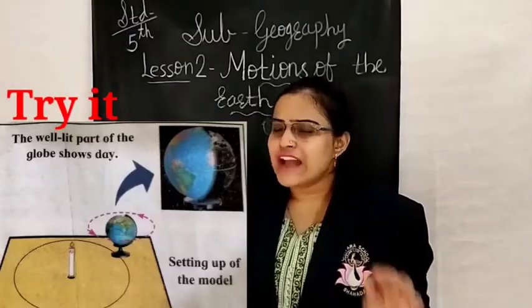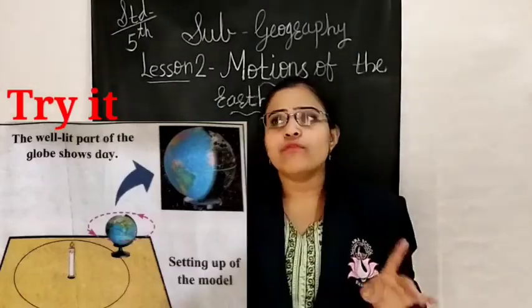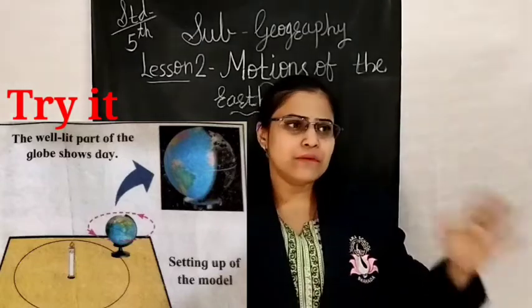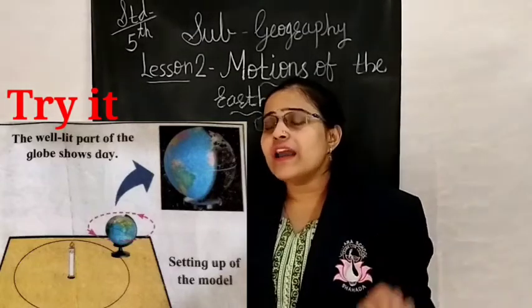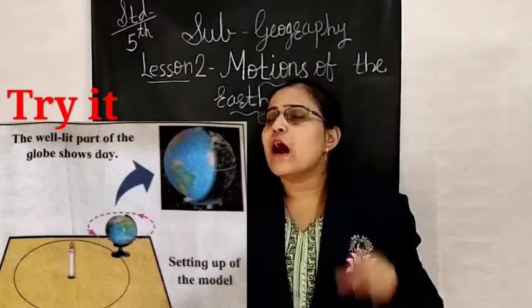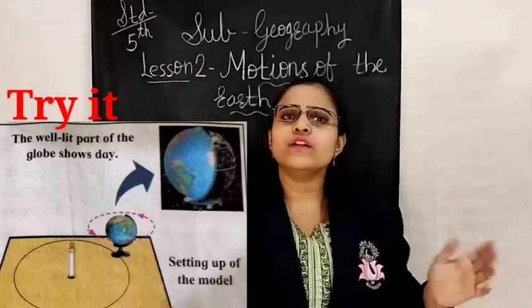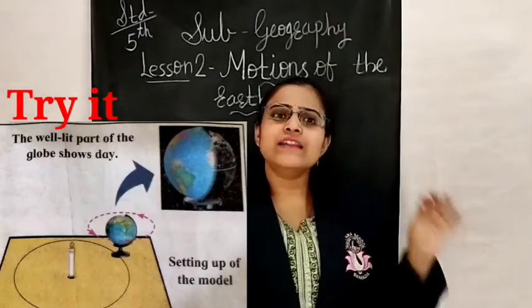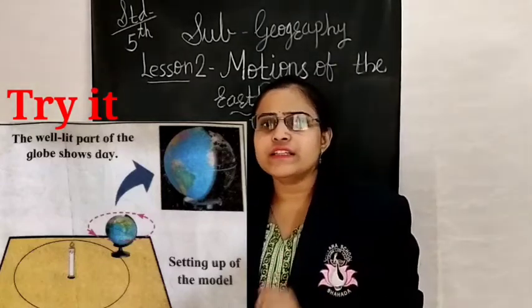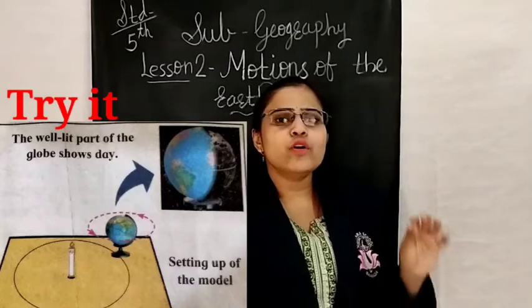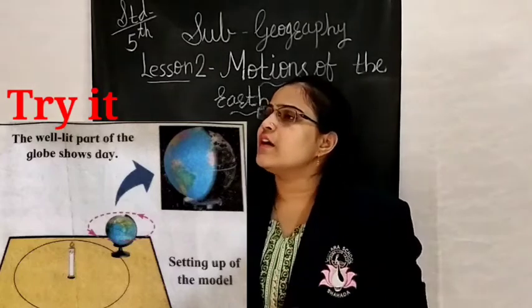Stand a candle in the middle of a large table. Simple table you can take. Draw a big circle around the candle. Place a globe at any point on the circle. Light the candle. If it is dark in the room, suppose that the candle is the sun.